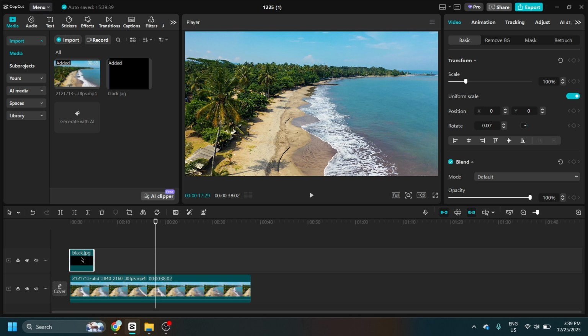Drag the black color clip onto the timeline. You can set its duration right away by dragging its edges, or leave it for later. Either way works. With your media ready, it's time to split the video where you want the black screen to